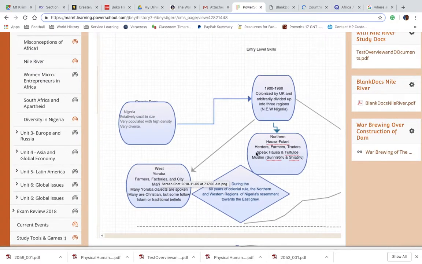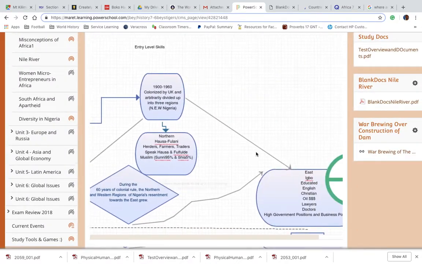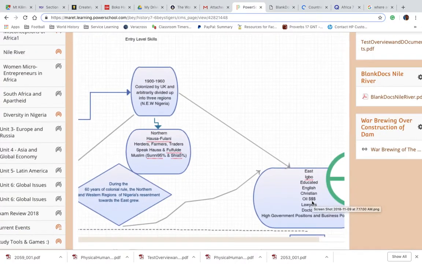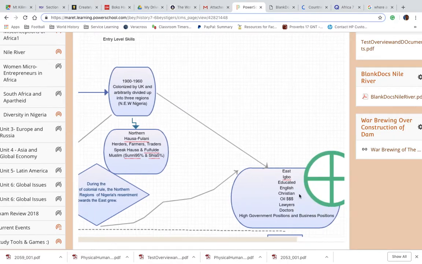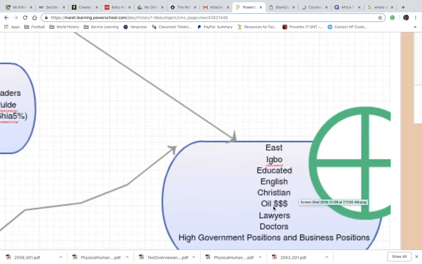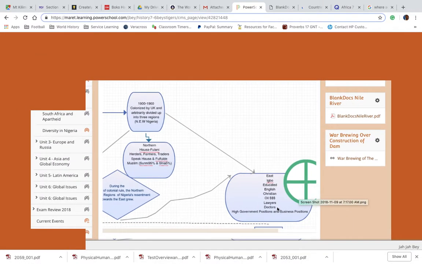Here are the characteristics of the north. Here are the characteristics of the east. When they split them up, and this is a major concept that is important, we know that the UK pretty much favored the East because they had a natural resource that could be used and taken advantage of. While they favored the East,